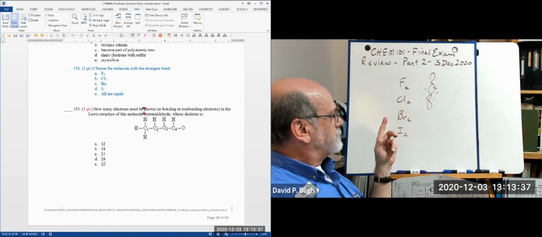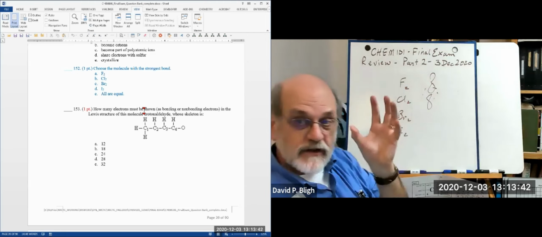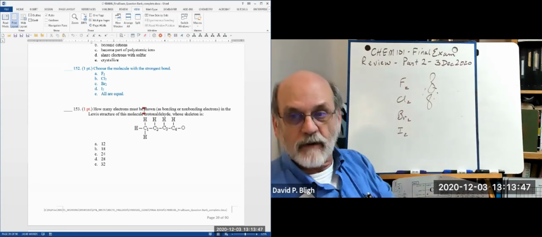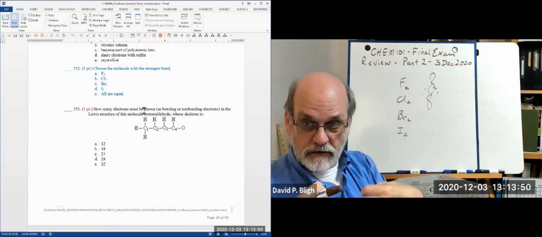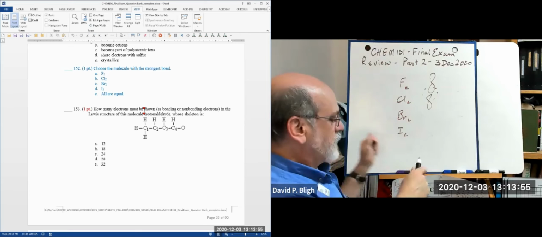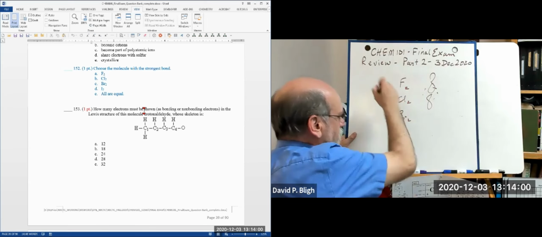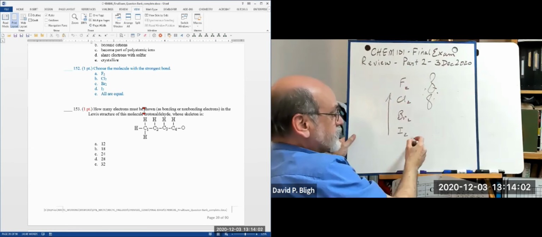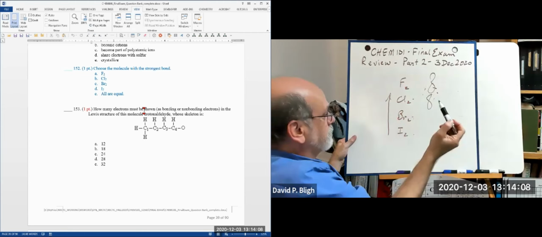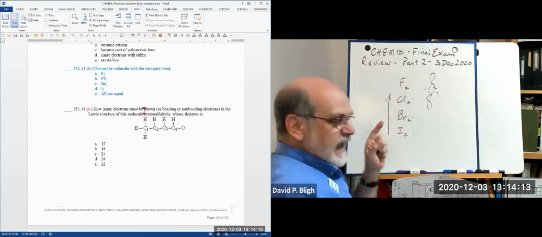The key here is that as the atoms get smaller, the molecules can move closer together. And remember, the shorter the bond, the closer the nuclei, the stronger the bond. Okay, so we should see the bonds increase in strength that direction, right? And that's true. This bond is stronger than that one. This bond is stronger than that one. You would expect this one to be stronger than that one. Except that